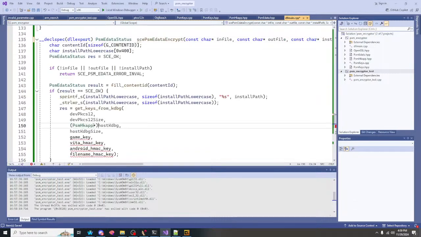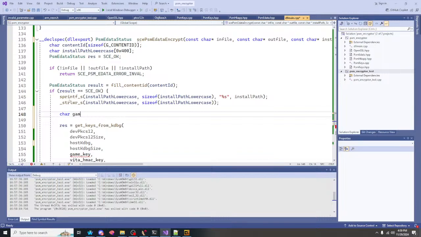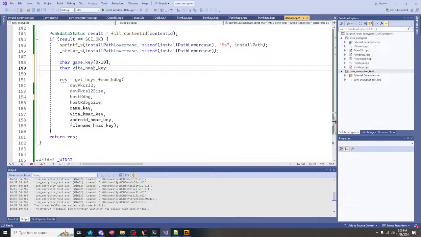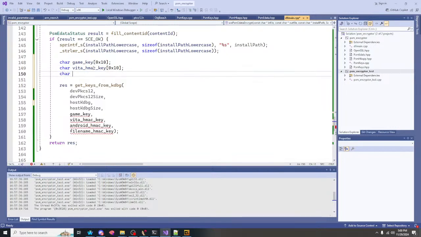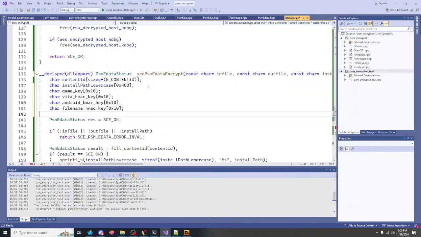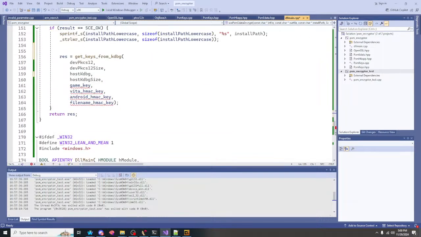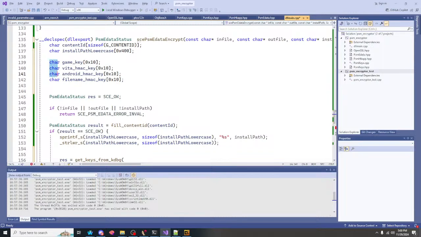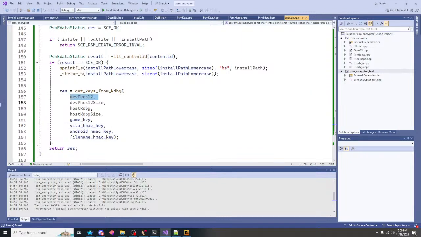HKF, yeah. Here's KDBG. Okay, chow, game key 10, chow, Vita HMAC key 10, chow, Android HMAC key 10, and chow, PSM file name HMAC key 10. Okay. Okay. So